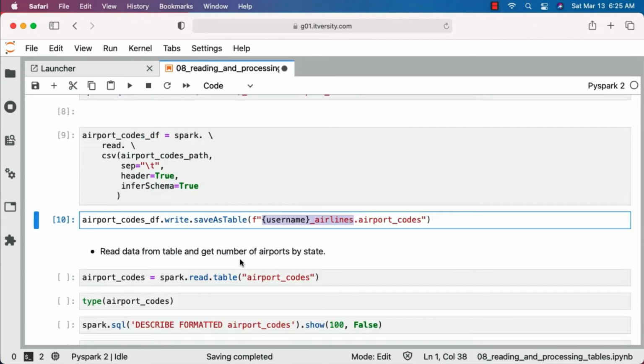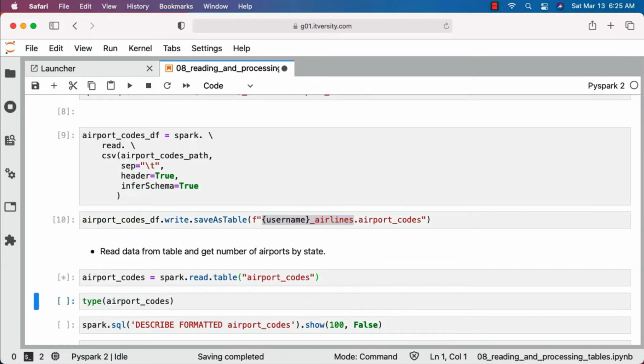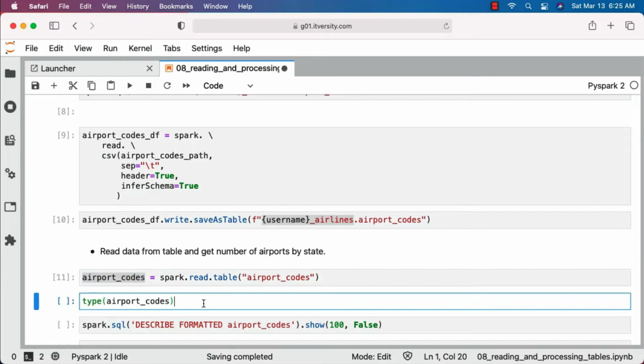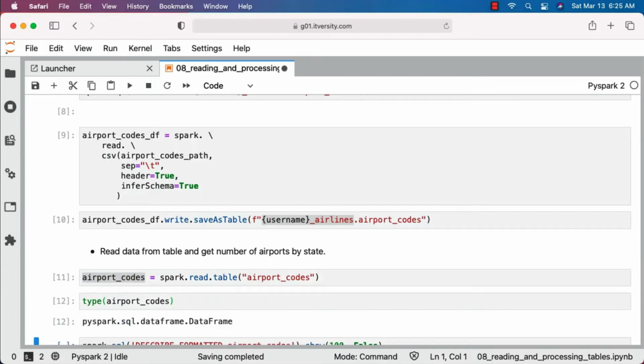Now let's read data from the table and get the number of airports by state. In this case, I am demonstrating how to read the data from an existing Metastore table and process further using DataFrame APIs. Now you can actually run this. It will read the data from this table into a data frame by name airport_codes. You can check the type of this airport_codes by using type like this. You can see that it is of type